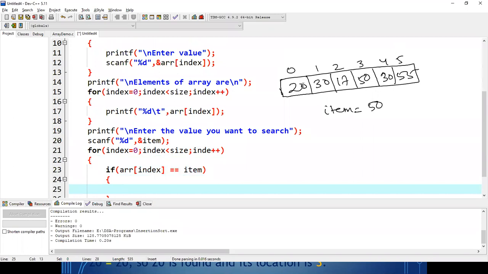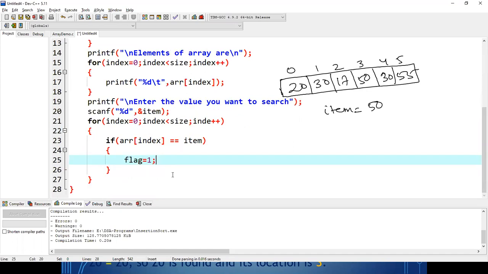That means for every index from 0 to the last index, I'll compare the value with item. Clear? If the value matches, then I'll modify the content of the flag. Flag equal to 1.